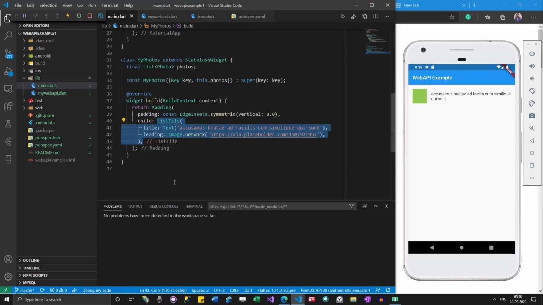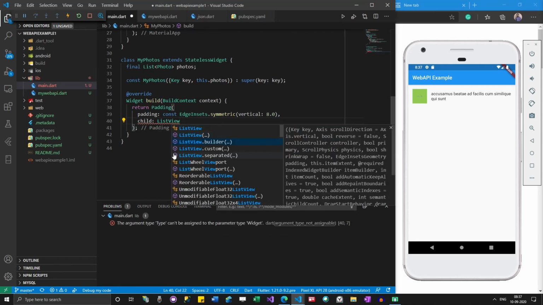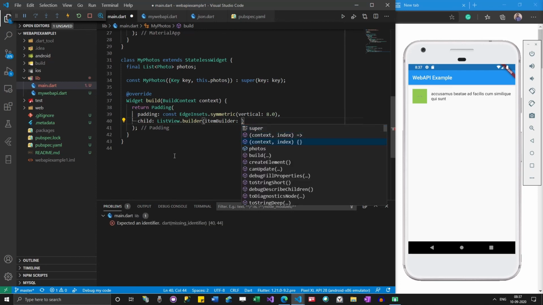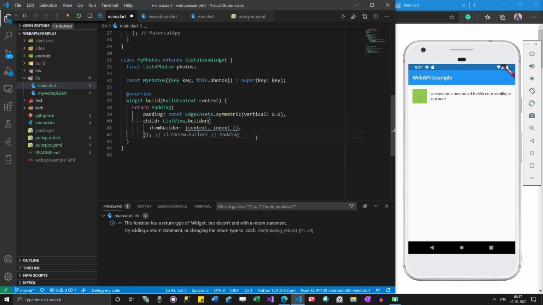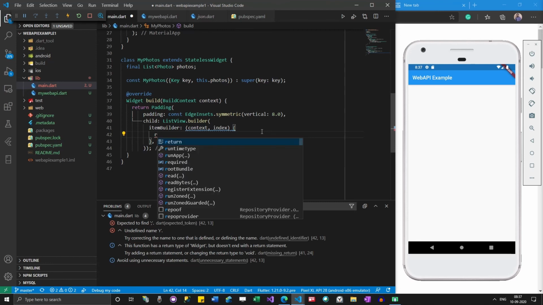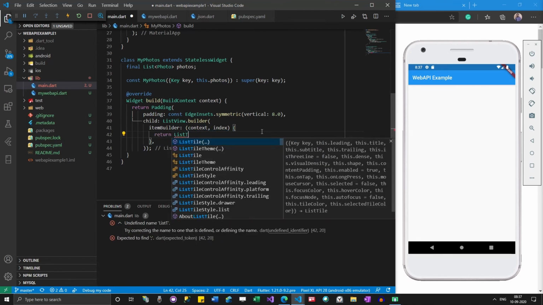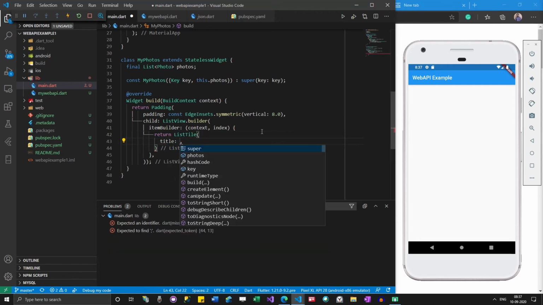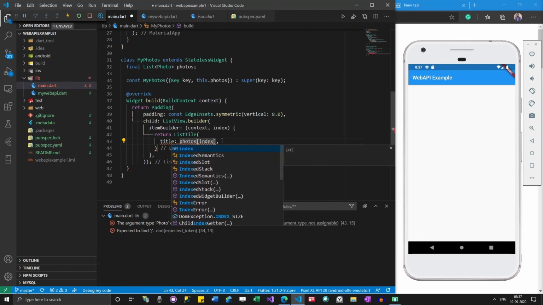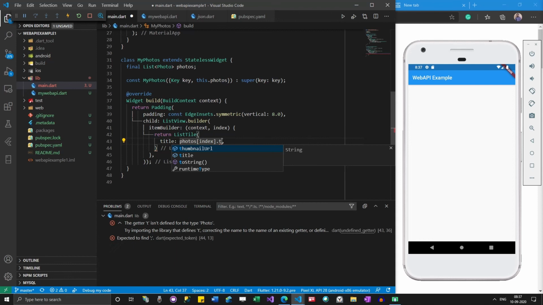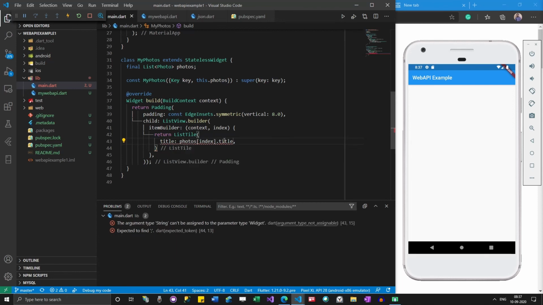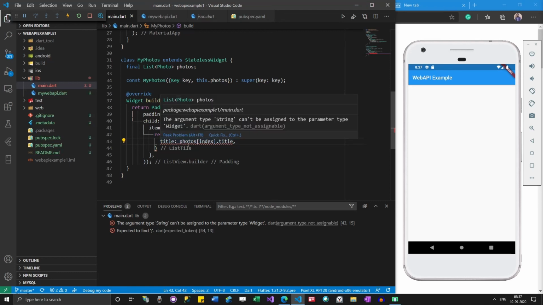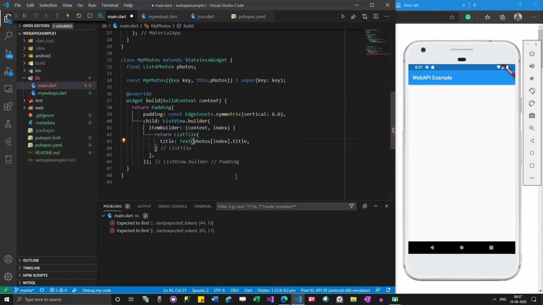So now we have a list of photos. We need to use that list of photos over here. For that we are going to use ListView.builder.